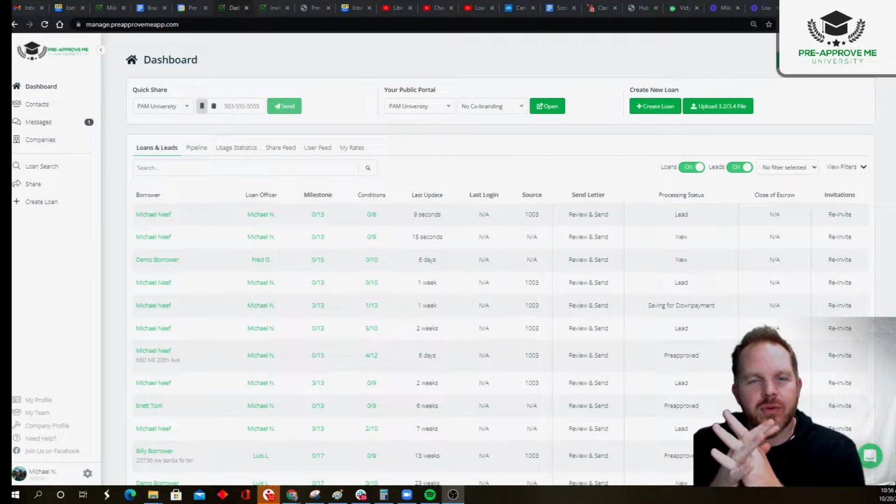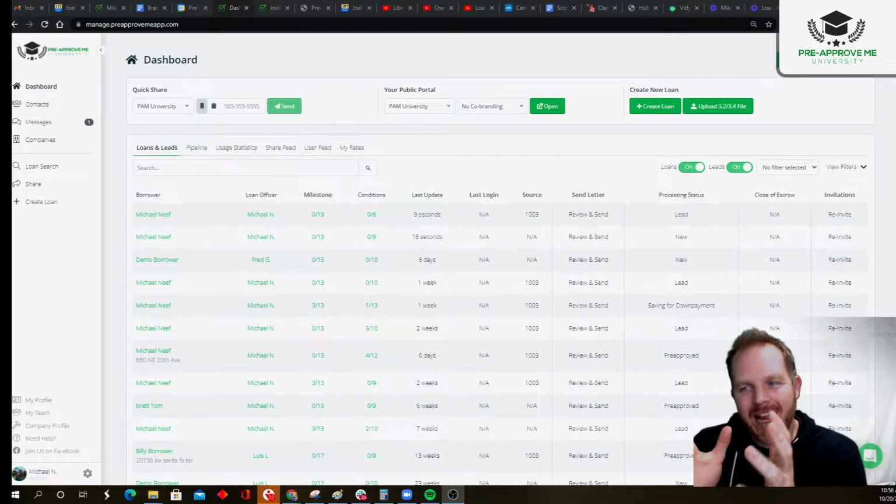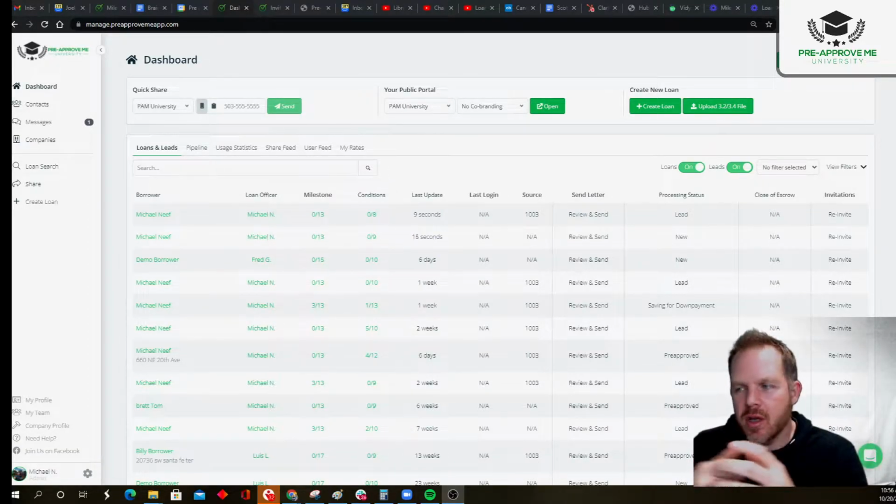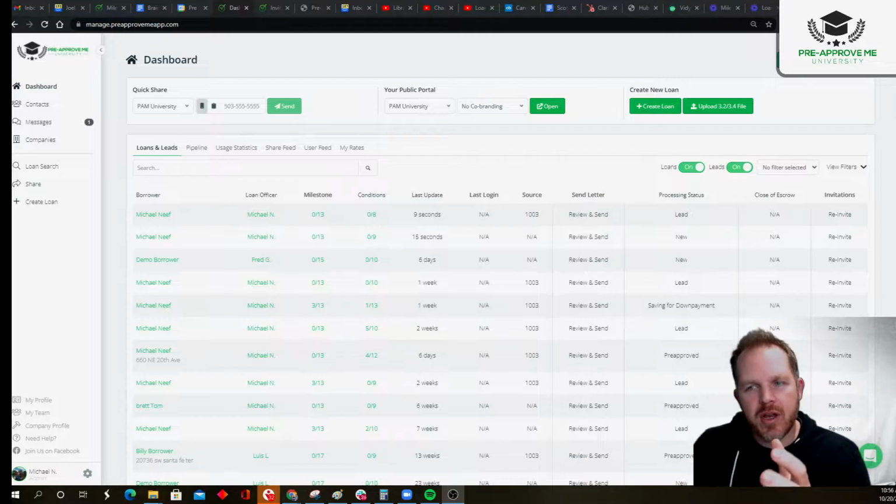Okay, so you have received a new loan application. You need to get it out of Pre-Approve Me and into your LOS system. Now, we suggest you use integrations if possible to connect the two systems. But if you don't have an integration, we try to make it as easy as possible for you to get out